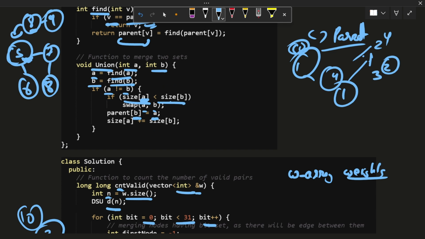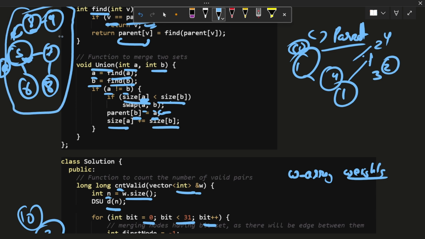Because A was our bigger node, bigger set, we can say. Now we are adding the size of B to the size of A, because the size of A has changed. This whole set has now become bigger, where the leader is A. This set is being represented by this 5, we can say,